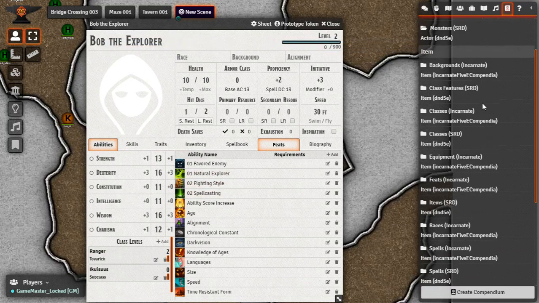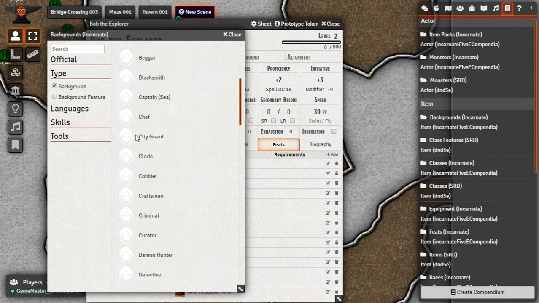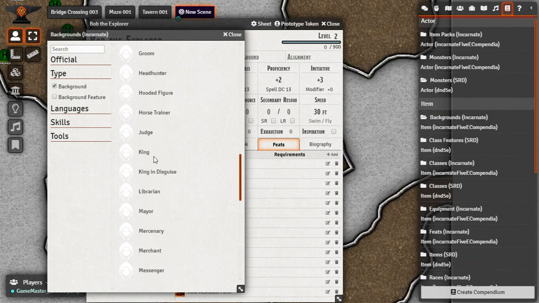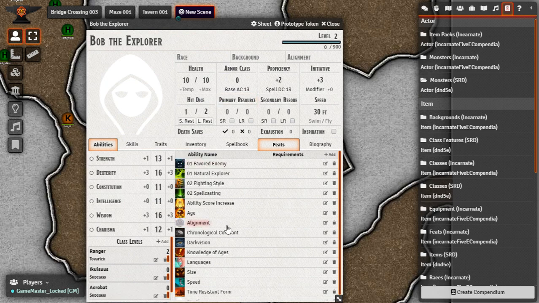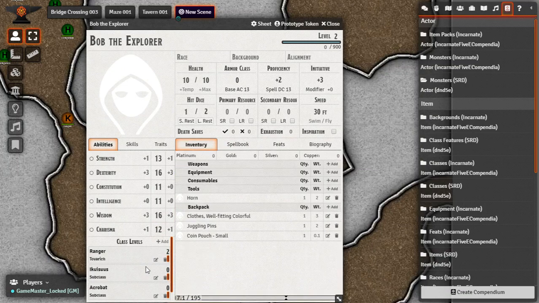And that just leaves us doing our background. And there's lots of backgrounds in here. I'm actually going to be a hermit, an anchorite, because I think that's going to fit well with the ranger. Cool. So you notice that we at this point have a lot of things done, but we still need our